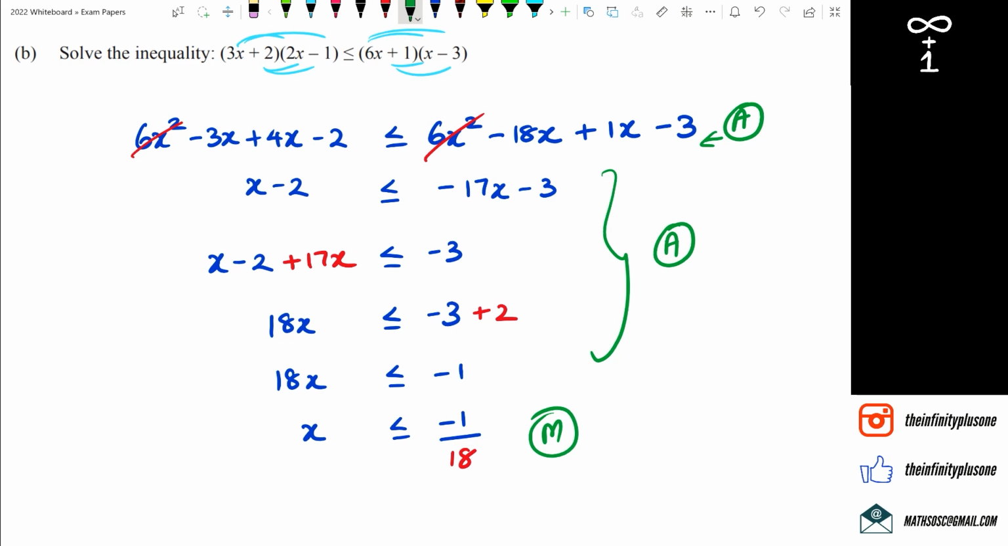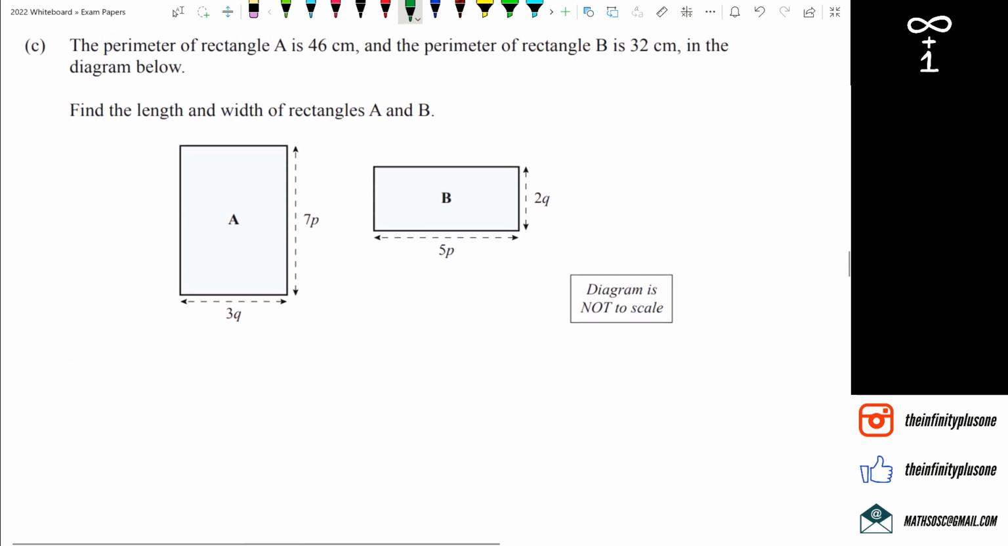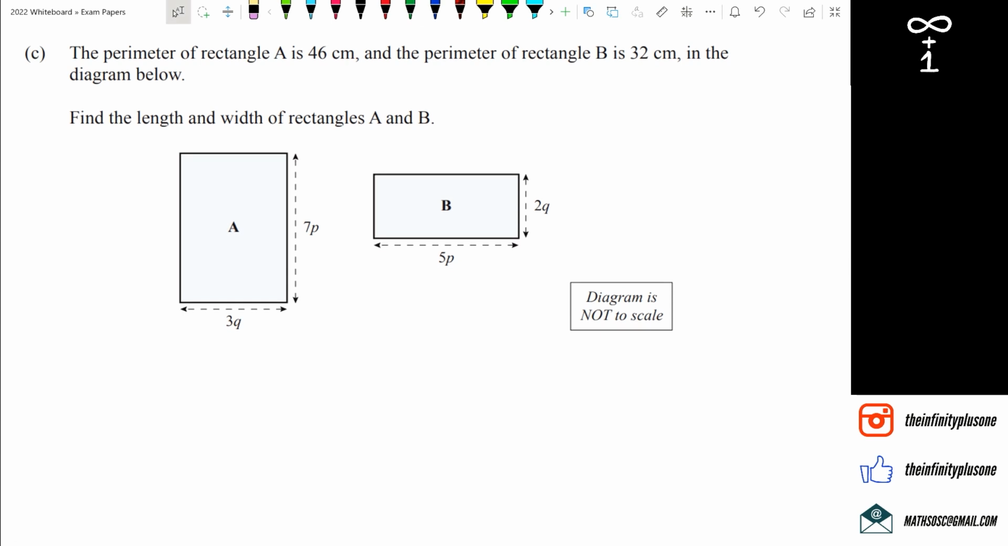All right, so let's go to question C. So with question C, what we've got here is we've got two rectangles. We've got perimeter that's been given to us. Perimeter of rectangle A is 46. Perimeter of rectangle B is 32. Looks like we've got to find the length and width of rectangle A and B. All right, nothing much apart from straightforward